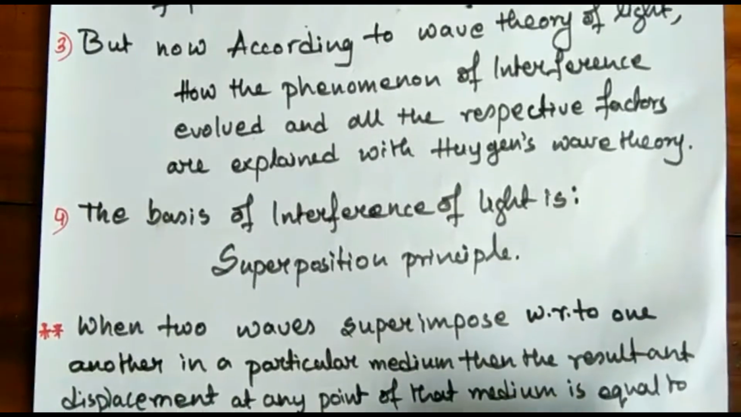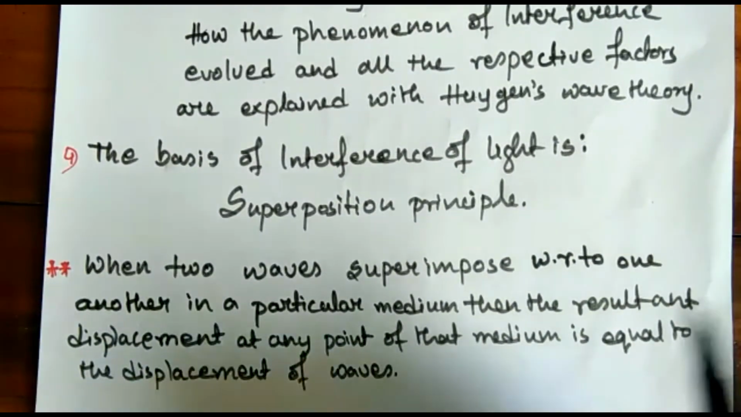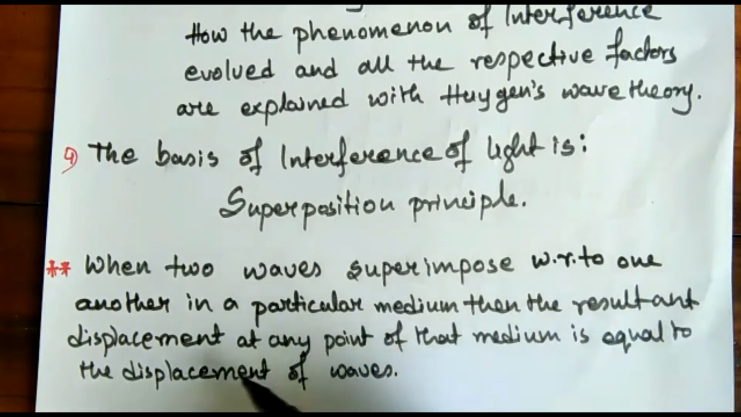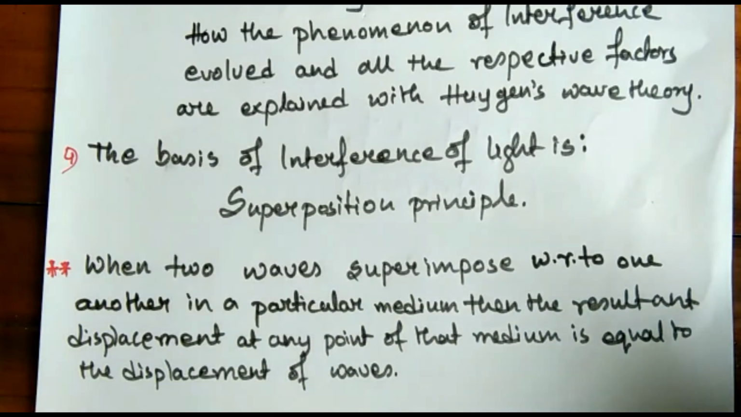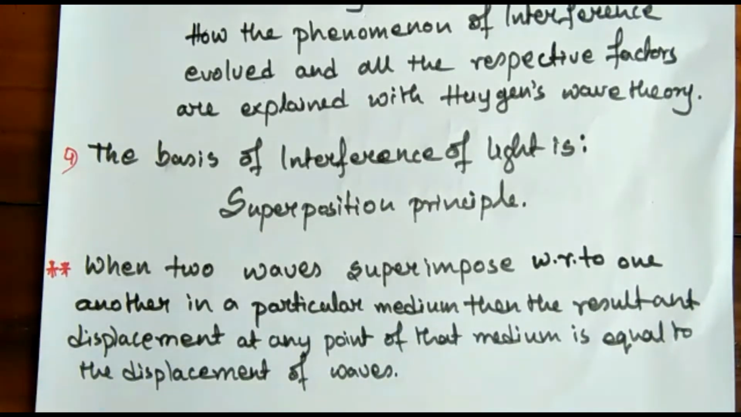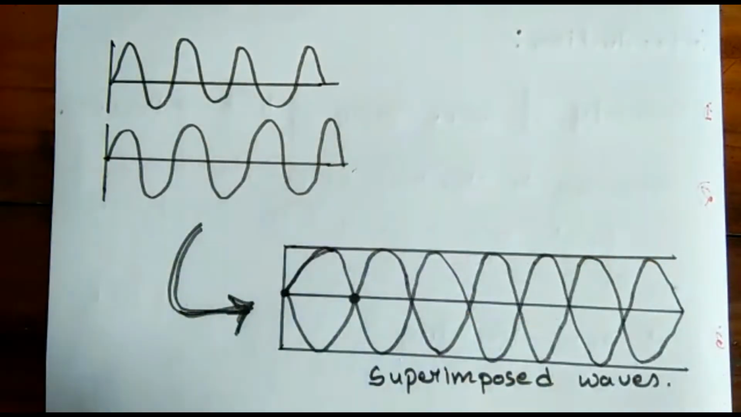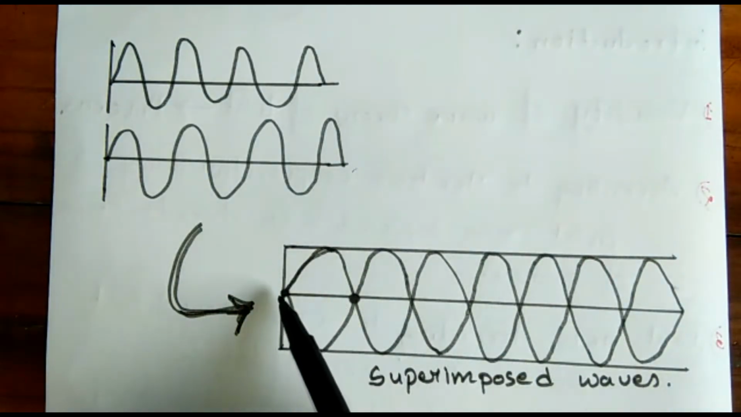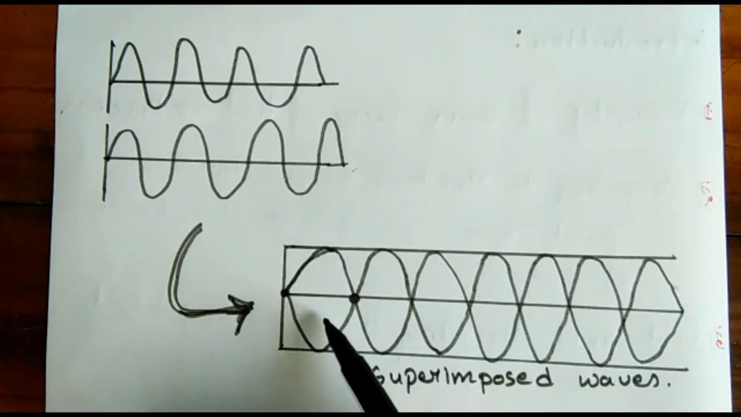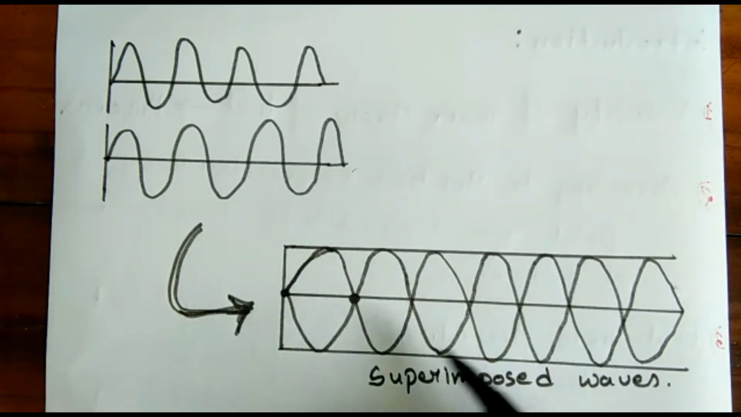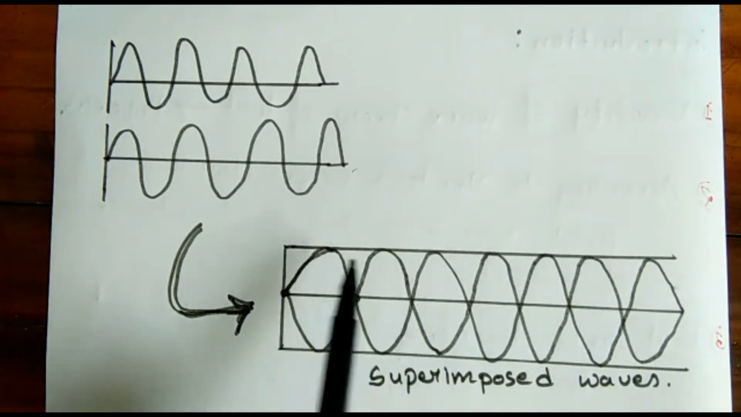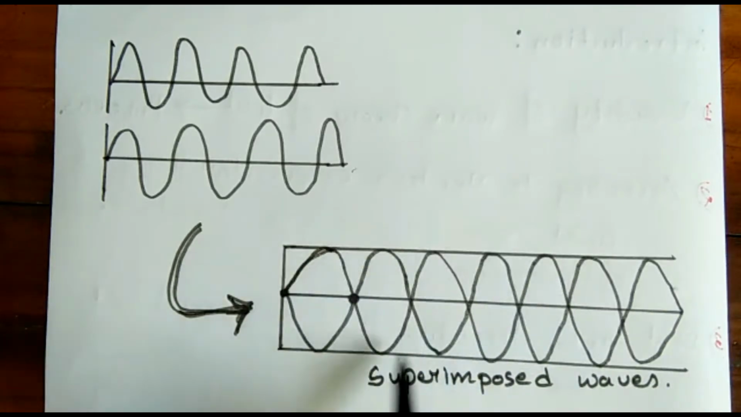So according to superposition principle, when two waves superimpose with respect to one another in a particular medium, then the resultant displacement at any point of the medium is equal to the displacement of waves. That is, suppose you have two waves, wave 1 and wave 2. So when both the waves travel in the same medium from one source along with their crest and trough, these waves are said to be superimposed waves, since they are traveling in the single medium